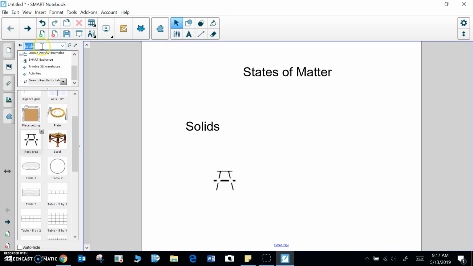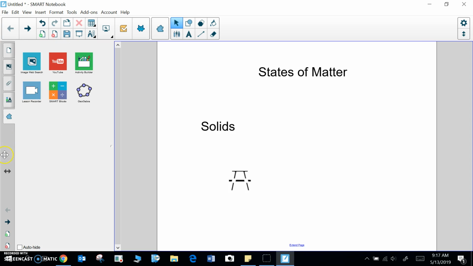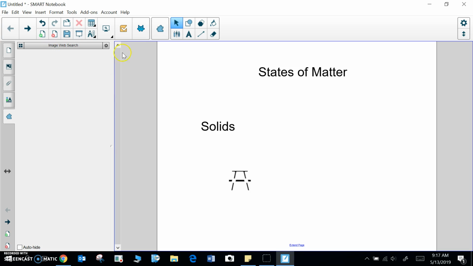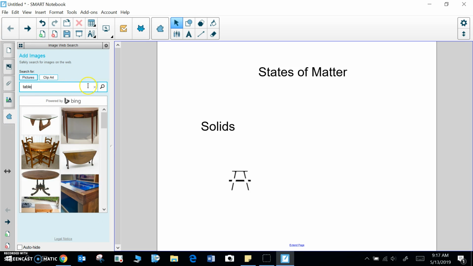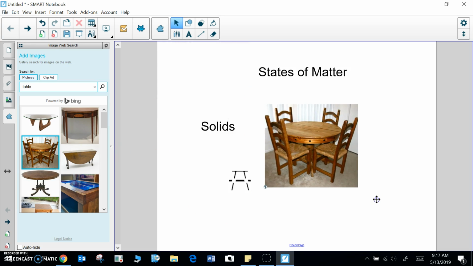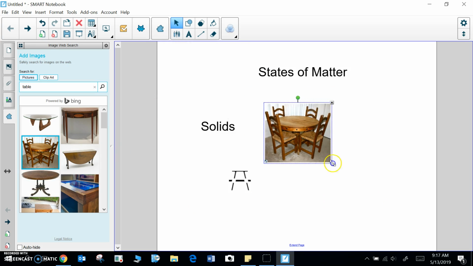and I can keep searching in here, but don't forget, if you go to the picture frame, you have a lot more pictures in the image search. So let's try to search for that table again, and I can decide if I want a picture or clip art. Let's do a regular picture. So I'm going to type table and search, and there we go. It should come up with, oh, there we go. So I can put my solids on this page, and